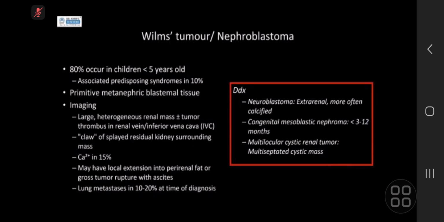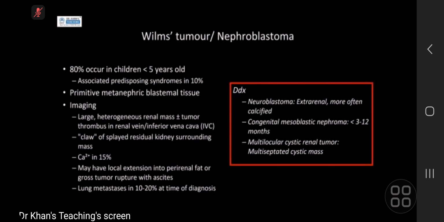So 80% of Wilms happens in kids below 5 years old. Often you would think of any associated predisposing syndromes, so things like overgrowth syndromes, Beckwith-Wiedemann. You think of the DICER1 gene, Li-Fraumeni. It arises from primitive metanephric blastemal tissue, and you have this very large heterogeneous renal mass,